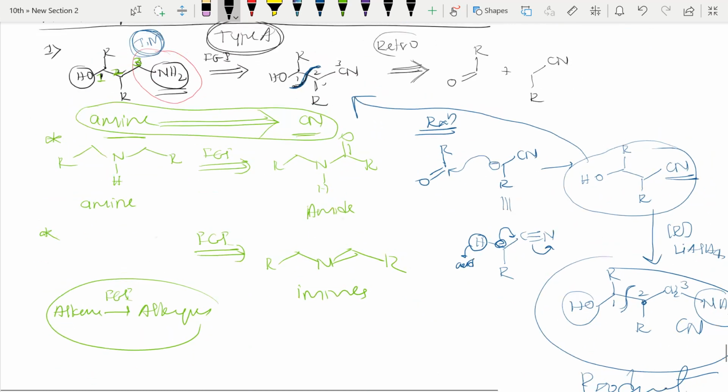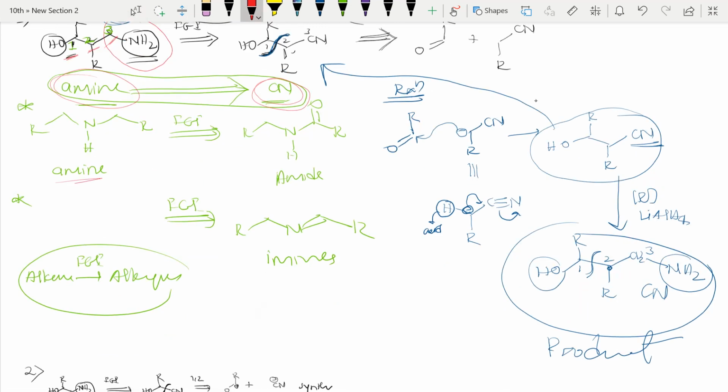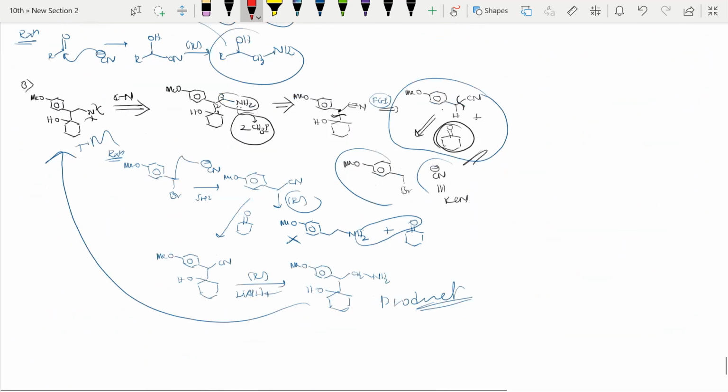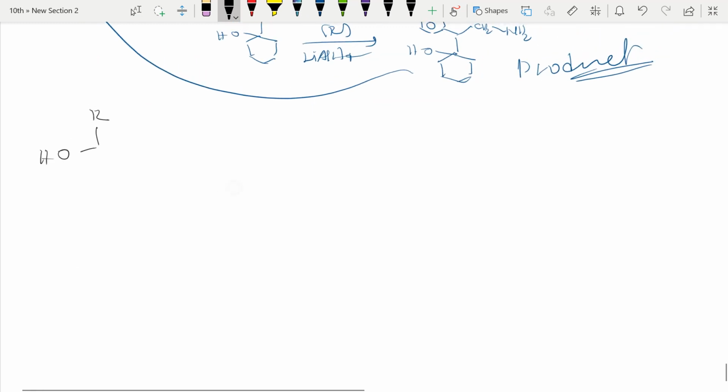So here what I have done, whenever there is a 1-3 relation, let me take, see here, 1 2 3, 1-3 relation, we convert this amine into cyanide. Otherwise, in previous cases we used to convert this amine into amide, or sometimes amine into enamines we used to convert, right? But here one more possibility is there. When there is a 1-3 connection, I will take the same example which I have taken now. See here, this one, R OH is there. Let me zoom it, or otherwise I will write it clearly.